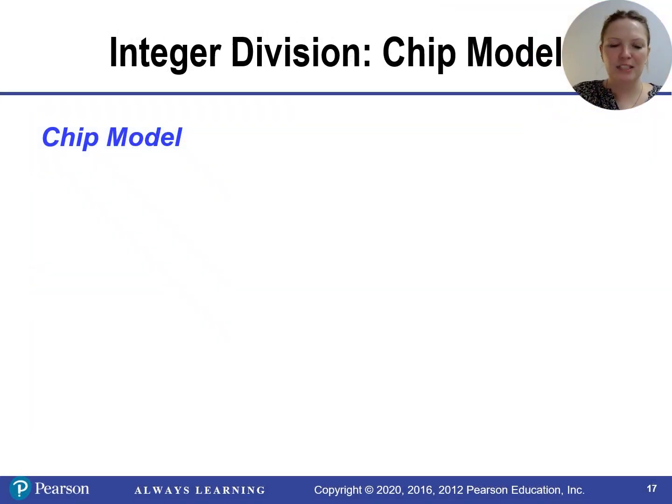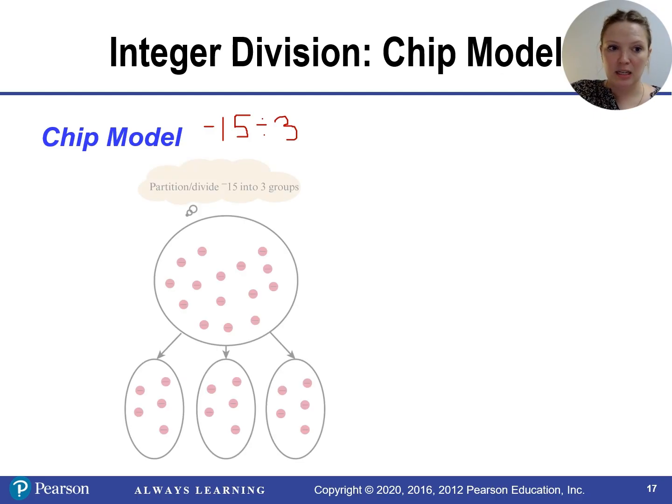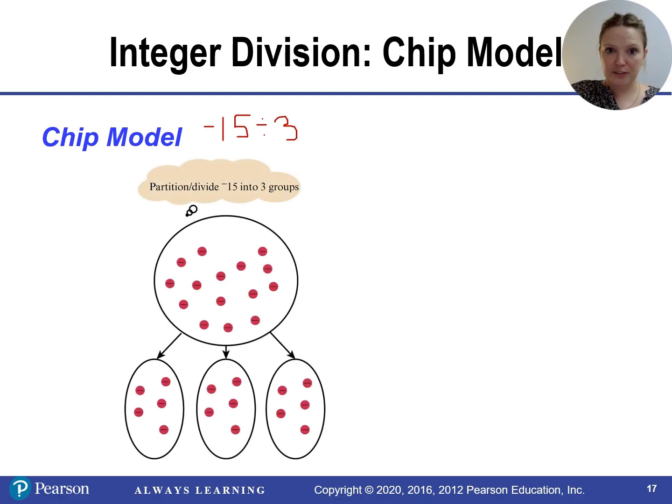All right, so let's move into talking about integer division. We can also use chip models to talk about division of integers. So say, for example, we wanted to divide negative 15 by 3. Then we could start by modeling negative 15 with a chip model of 15 negative chips. We could think about this with the partition model and divvy up our 15 chips into 3